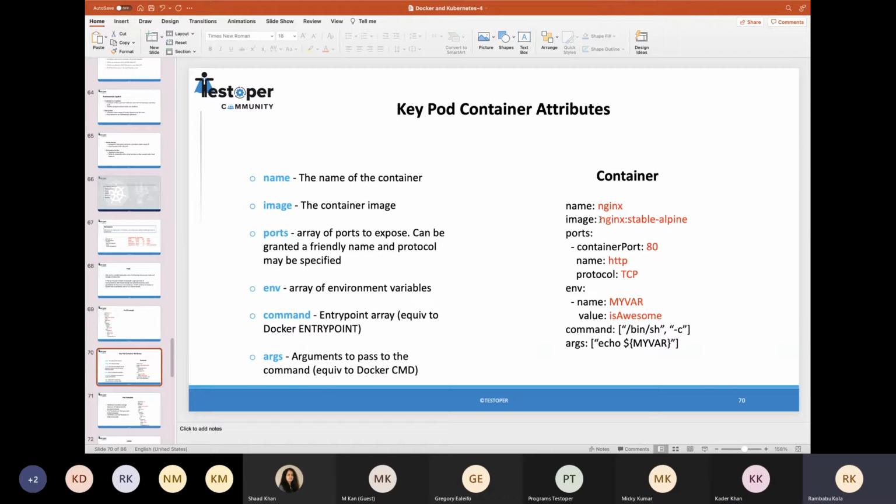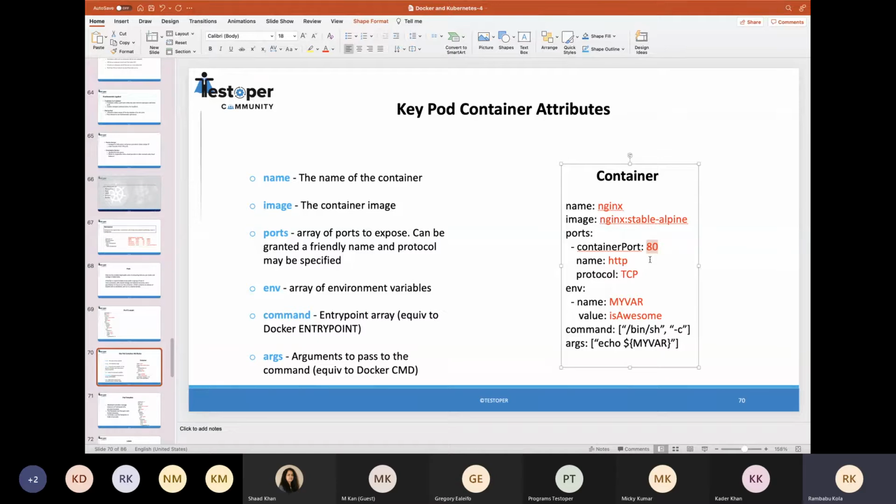And image is what we define, the Docker image, whether it is Nginx and the version. Here we are taking like a stable and Alpine. It could be like 1.6 or 1.7, whatever the version it is. And the ports we define here, like what the container port needs to be exposed. So for Nginx, we are exposing port 80, and probably for MySQL 3306 and so on, depending